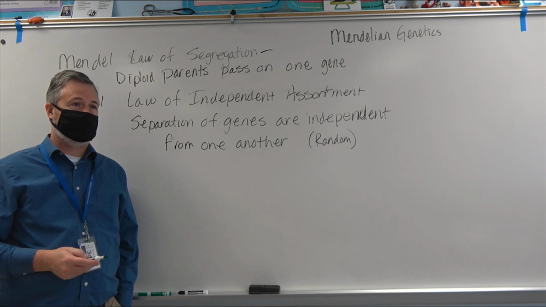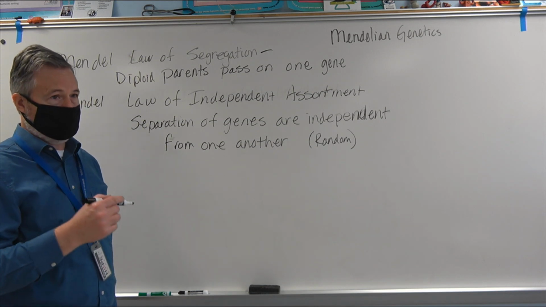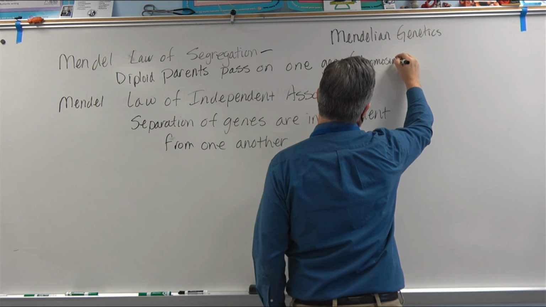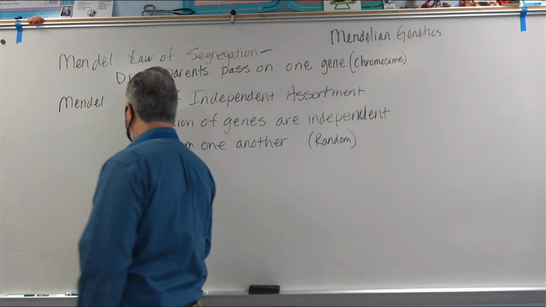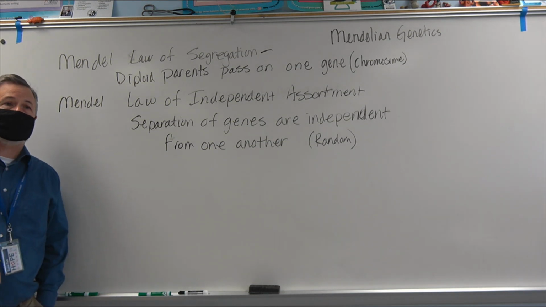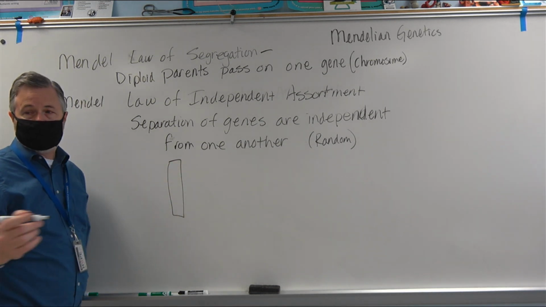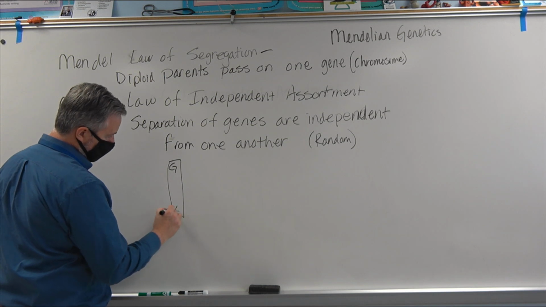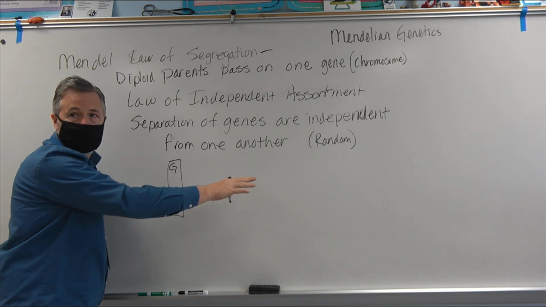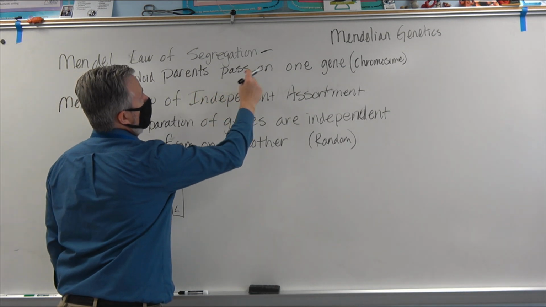conscious effort on that. Now, I have a problem with this definition, and here's where I have that problem with how we do this. It's not so much one gene as it is a chromosome. And here's the reason why, and this is going to be more later. We're going to hit this more a little later in the genetics piece here. But you had chromosomes on the thing we just finished, and it had like a big G and a big L, right? What this says is that the whole chromosome moves, not that this splits up and moves, but the whole chromosome moves. So all the genes that are on one chromosome,